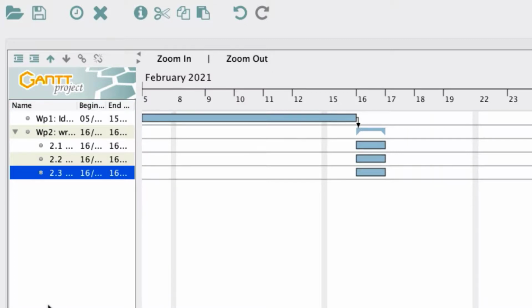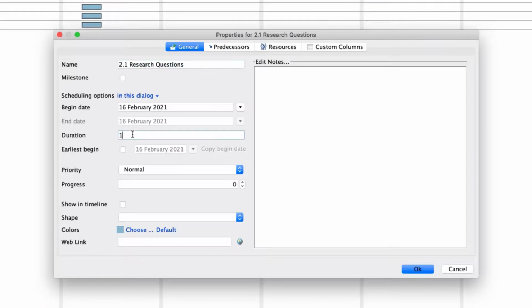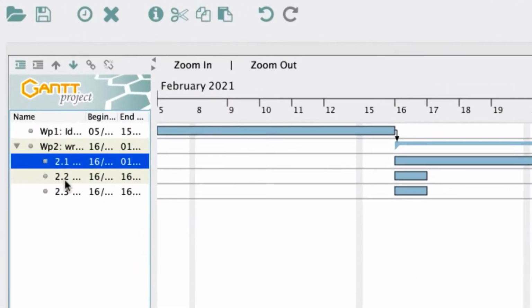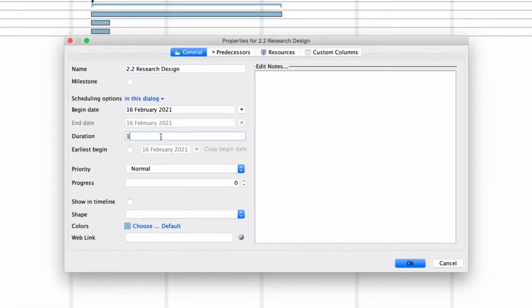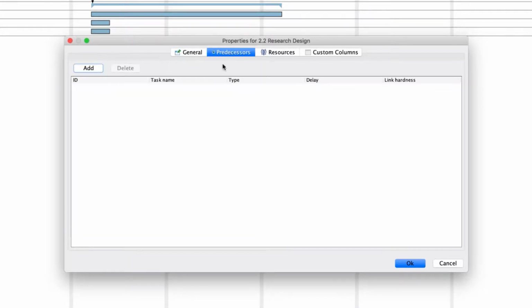Now, we must assign a length for each activity in Work Package 2 and assign any interdependencies. In our case, we assume that 2.1 lasts 10 days and must be completed before 2.2, which will also last 10 days, and 2.3, which will last 8 days, cannot start until 2.2 is finished. Double-click on each activity and add the number of days and the interdependencies.